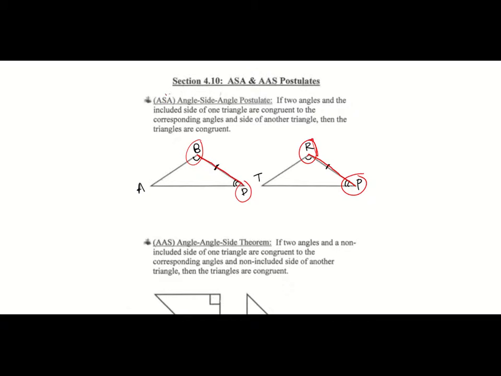Okay? So if we were to write our congruency statement here, we would have triangle ABD is congruent to triangle TRP. And we know that by angle, side, angle. Our other theorem